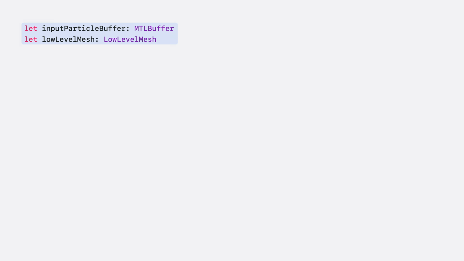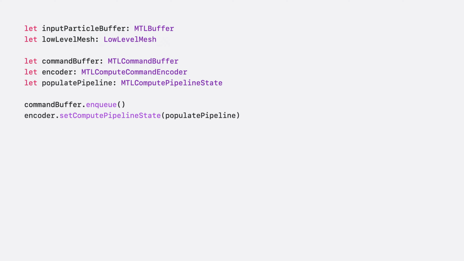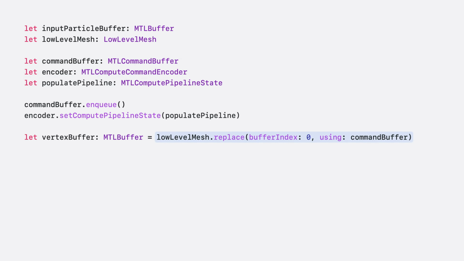Here's how that looks in code. As I mentioned before, the app uses a metal buffer for the particle simulation and a low-level mesh for the vertex buffer. I'll set up a metal command buffer and compute command encoder. This is what will allow our app to run a GPU compute kernel to build our mesh. I'll call replace on the low-level mesh and provide the command buffer.